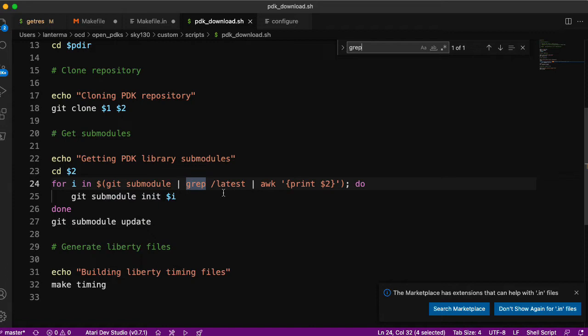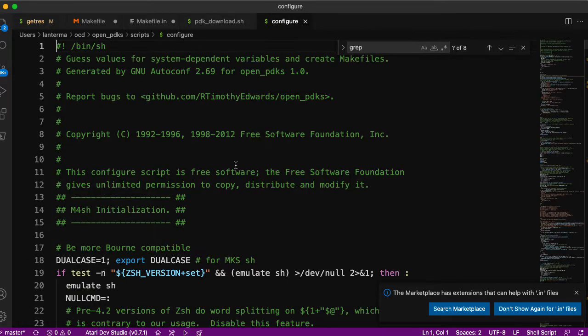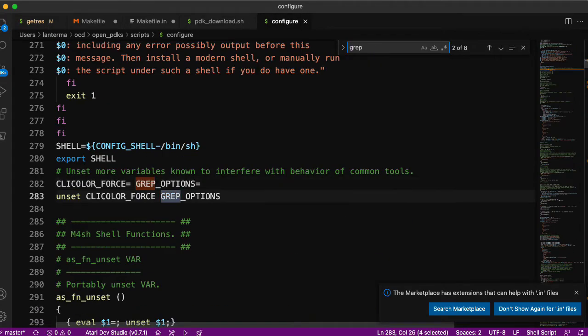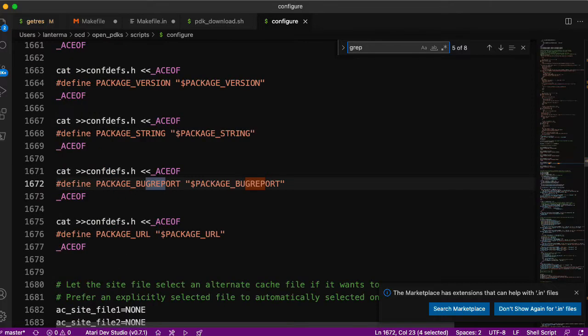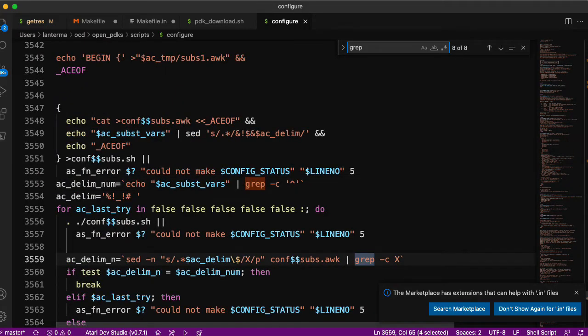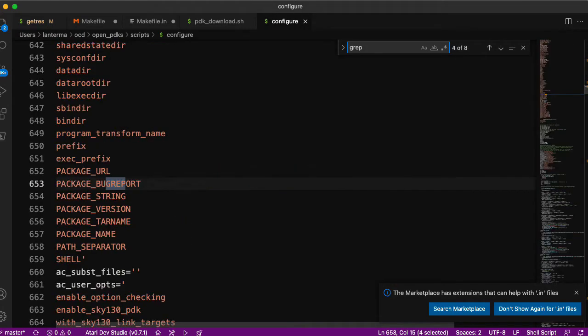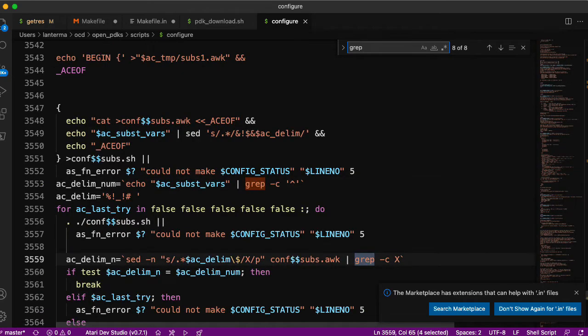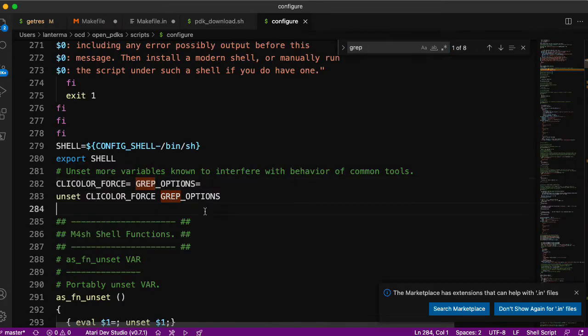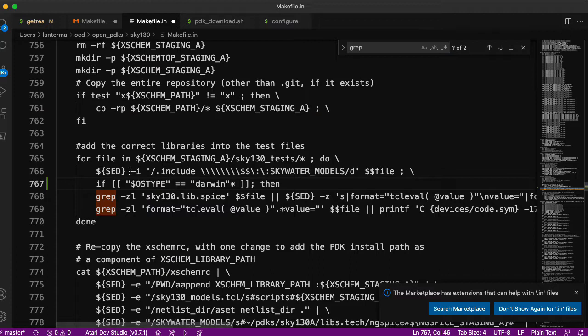Grep. Let's see, we're not using any fancy command line arguments here, so probably just using whatever the macOS grep will do. What about here? Grep options, grep report, grep.c. I think those are okay because we're not using any of those strange options. So I'm going to leave those two alone. But in here,